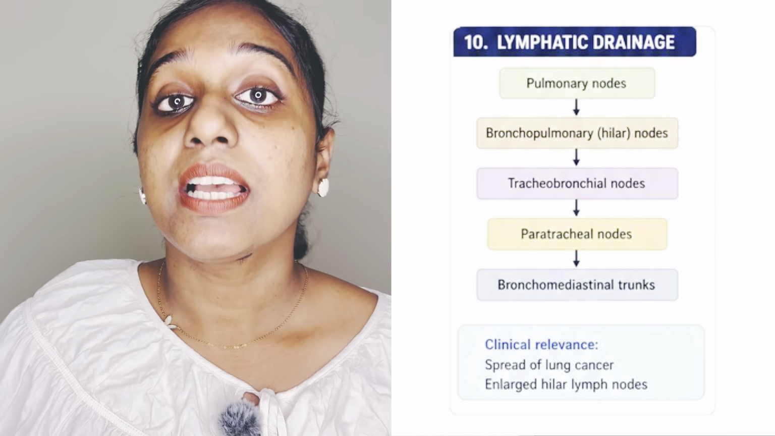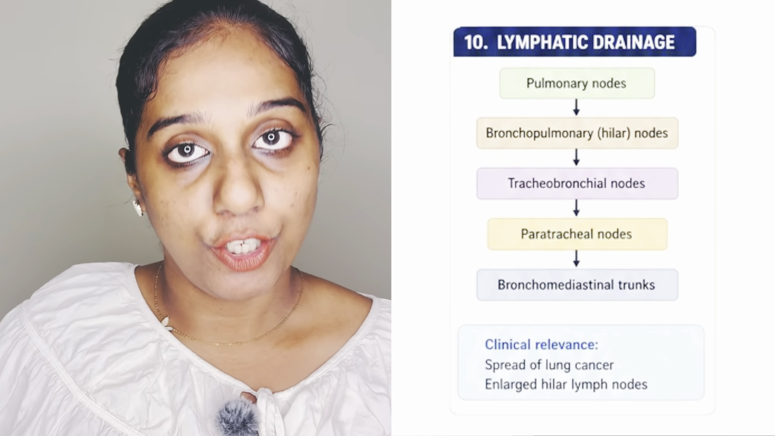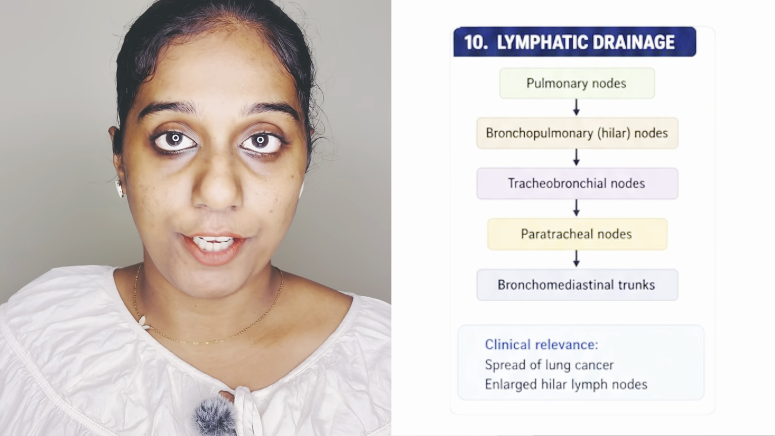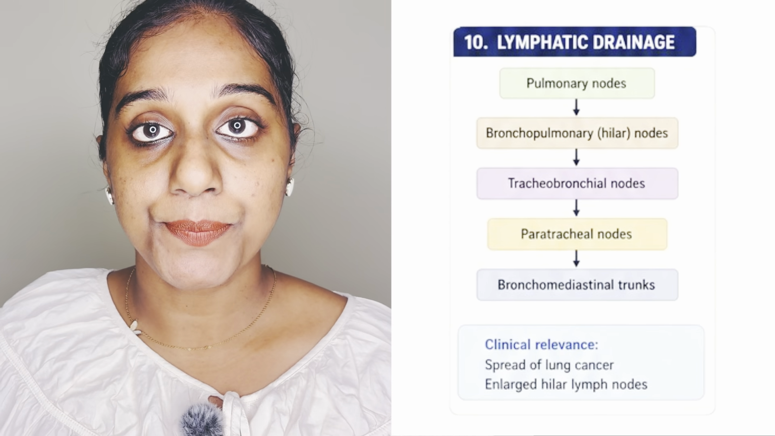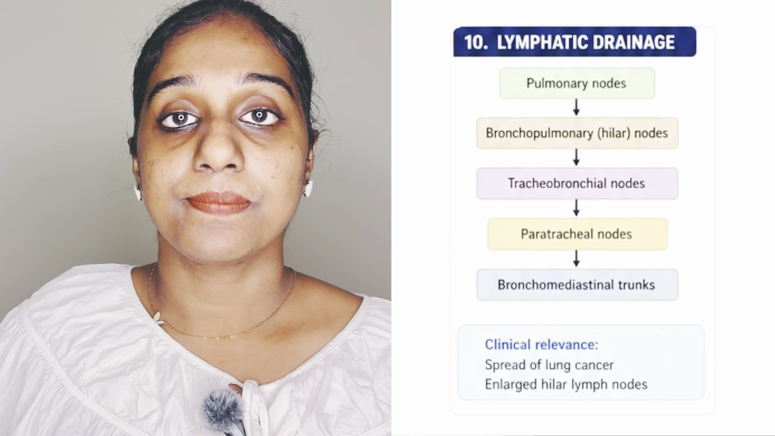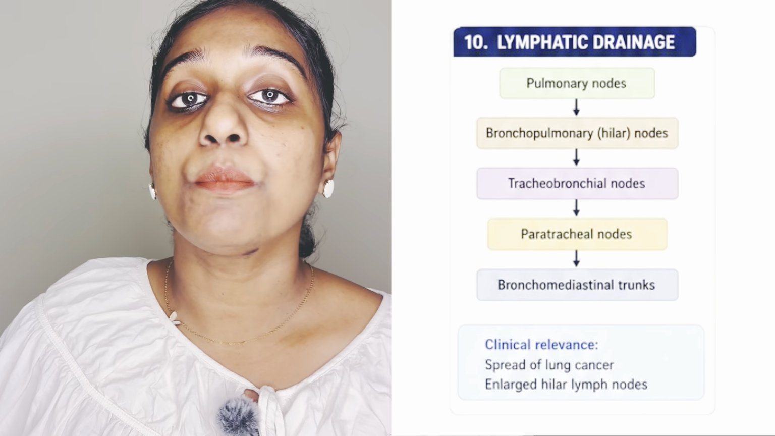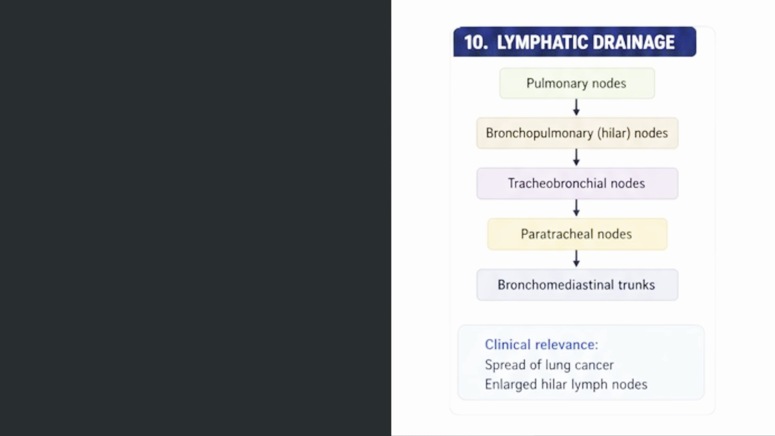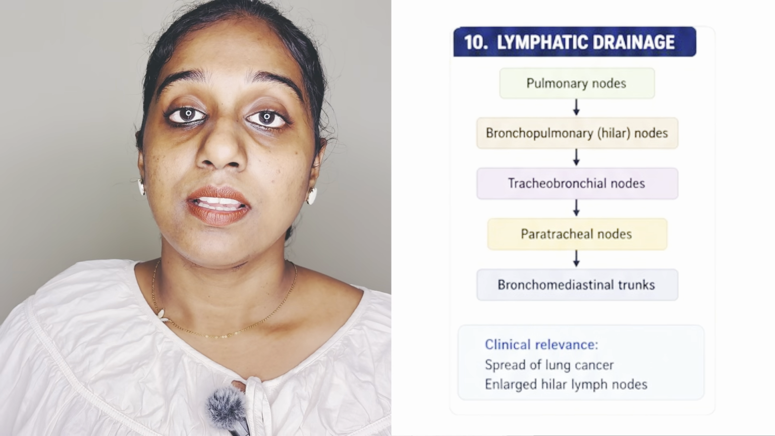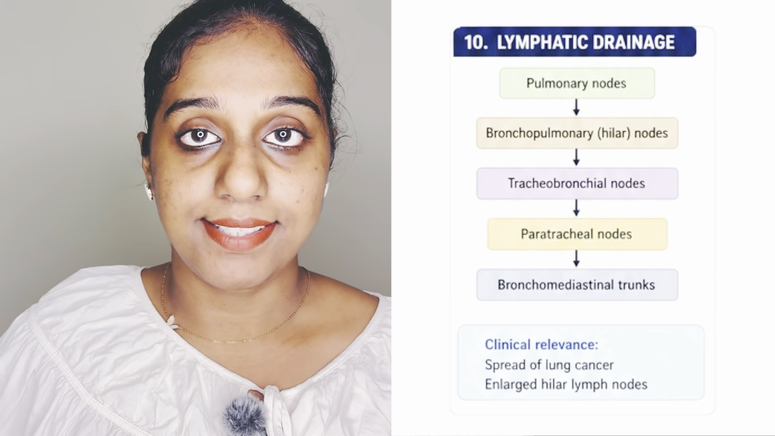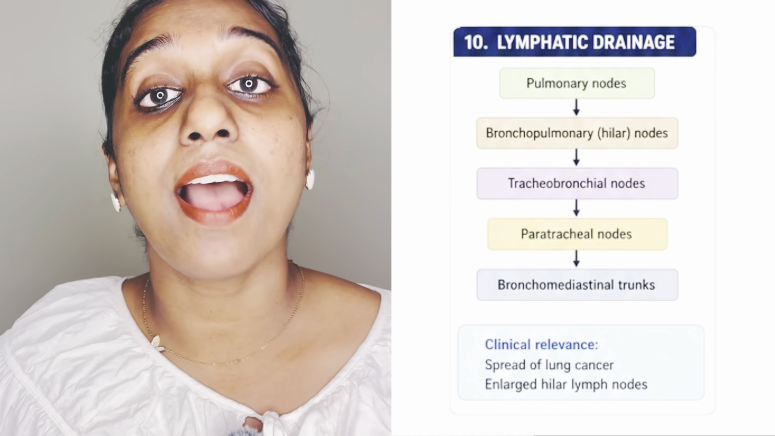Lymphatic drainage. The lymph passes through pulmonary nodes, then to bronchopulmonary nodes, that is at the hilar region, then to tracheobronchial nodes, then to paratracheal nodes, finally bronchomediastinal trunks. The clinical relevance is the spread of lung cancer and also enlarged hilar lymph